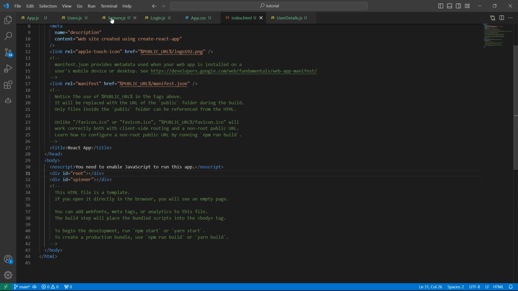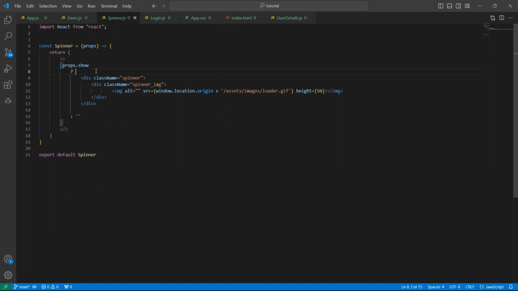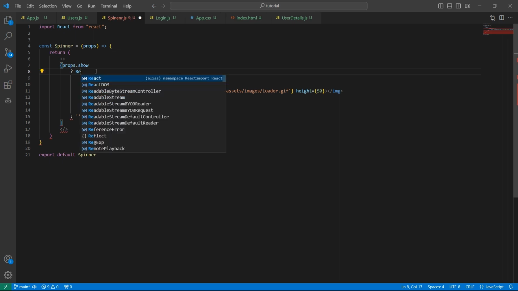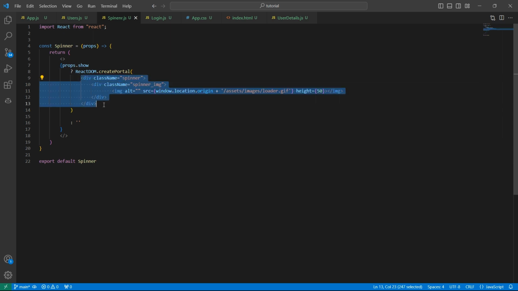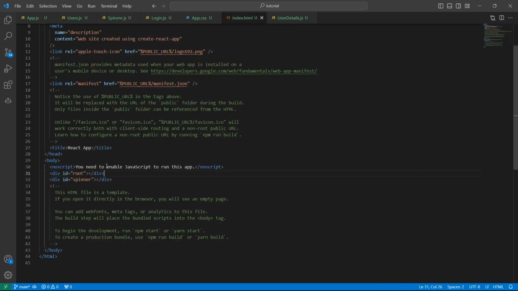Now go to spinner.js. As I mentioned, React DOM has a method called createPortal. So let's import ReactDOM.createPortal. Inside this createPortal, we'll place our JSX. The second parameter to this createPortal is the element to which we want to bind this HTML. If you recollect, in index.html we have root, but how is React knowing to bind all our components to this